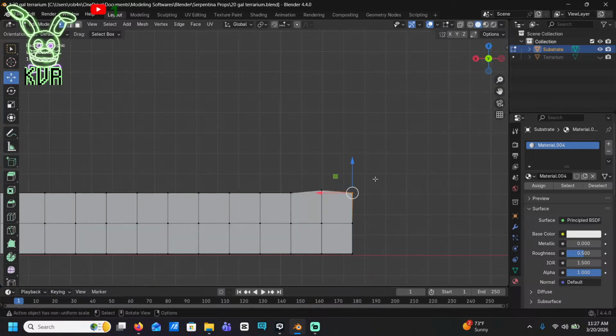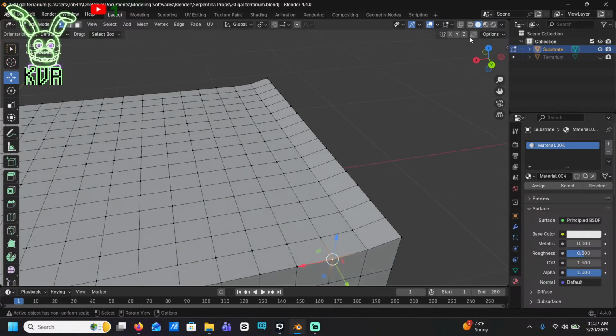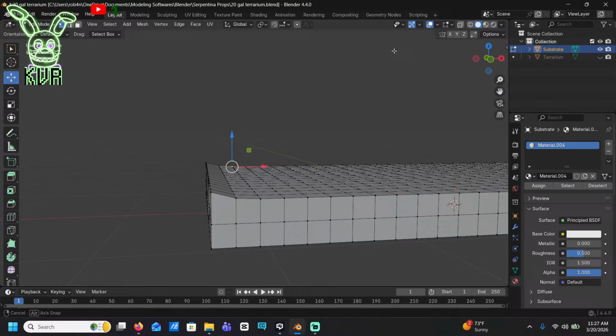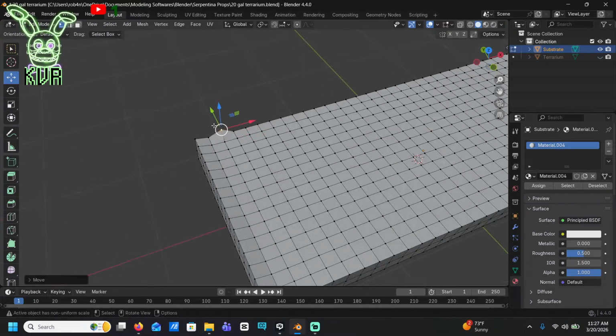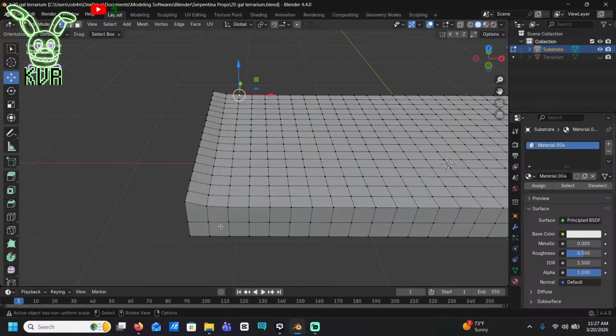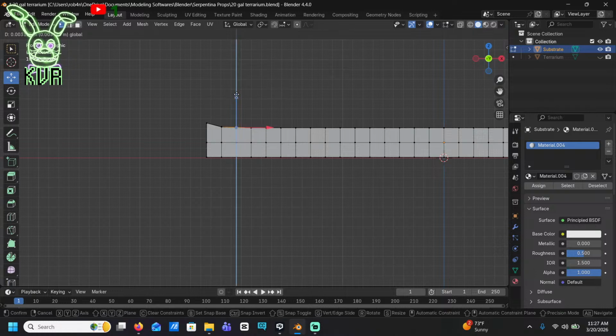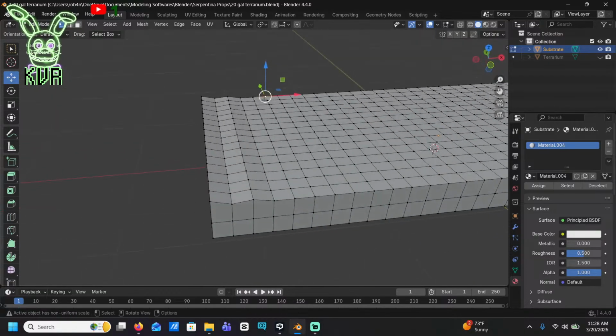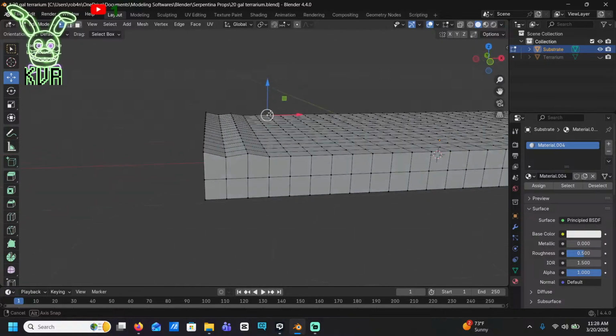Okay. Slope all the way up. Okay. Good enough for me. Wee. Okay. Yeah, there's gotta be an easier way to do this. I just don't know what it is.